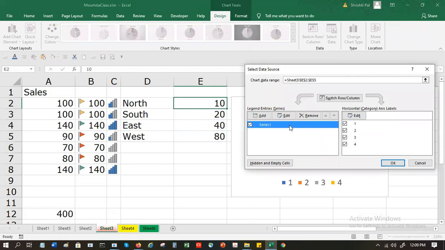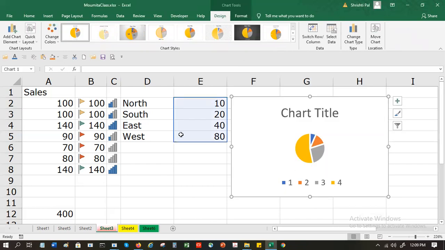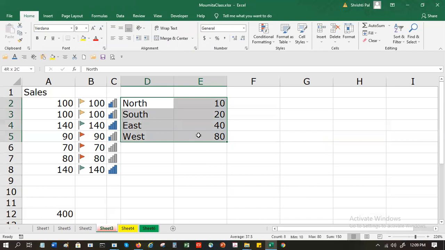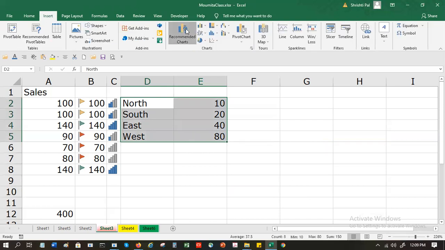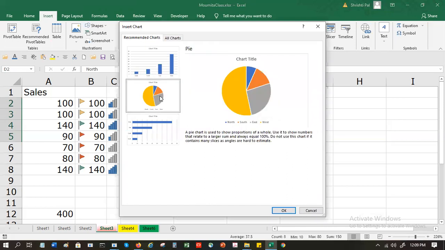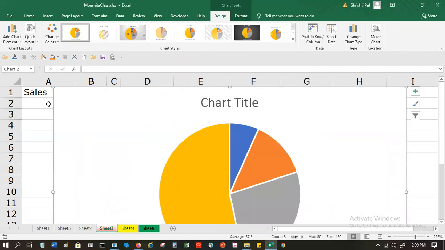Here, if I want to add anything, I can just drag this and add it here. Or I can redo this graph. Mostly it is easier to redo. I will highlight this, go to recommended charts, and see, it comes with the legend. I have to highlight it first, right? Yes, yes. Okay.